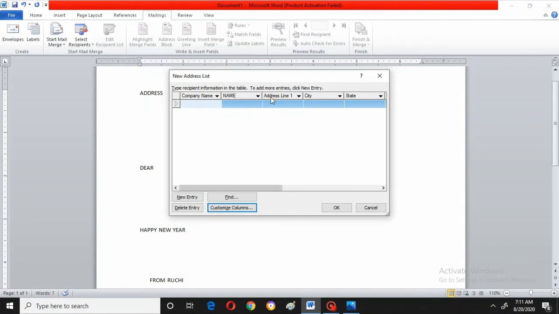Can you see, the name, address, whatever I kept, those have come. I don't want company name. Now I will enter directly the name, and I will say Sandy, name of the friend. Any name you can give, like your friend's name. 2 dash address 46, like city, Mumbai, state Maharashtra.